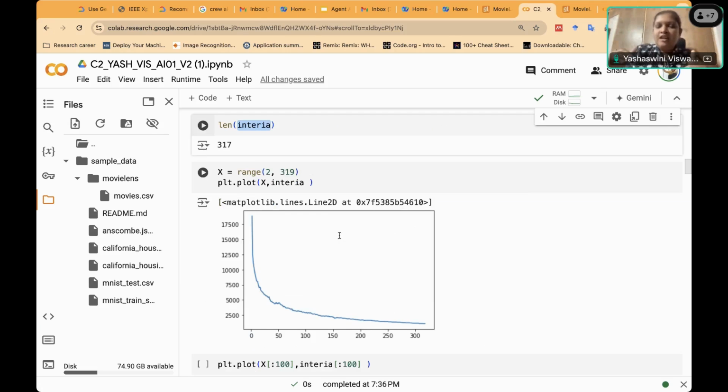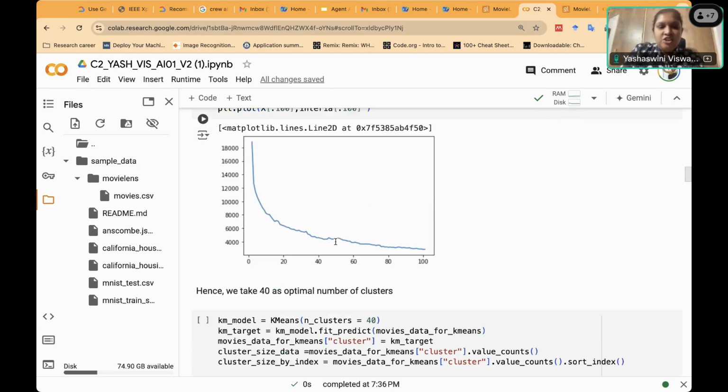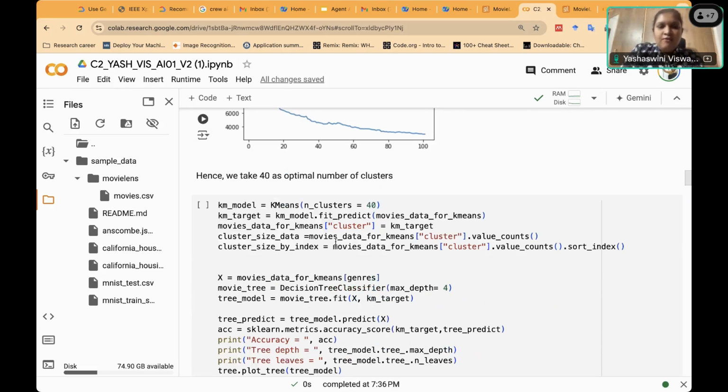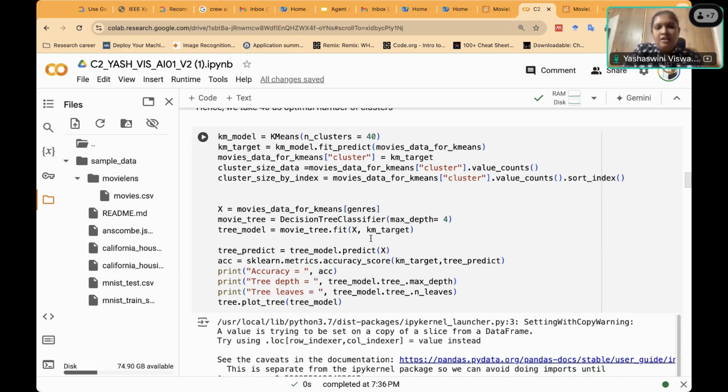But at some point of time, you will not see a change in the clusters. So here is the inertia that we see. So if we take 40 as the optimal number of clusters, we can do the clustering using k-means. And then we want to give an explanation why a particular movie was recommended. We can use trees. We can use a decision tree classifier and get the classification for why a particular cluster was selected.